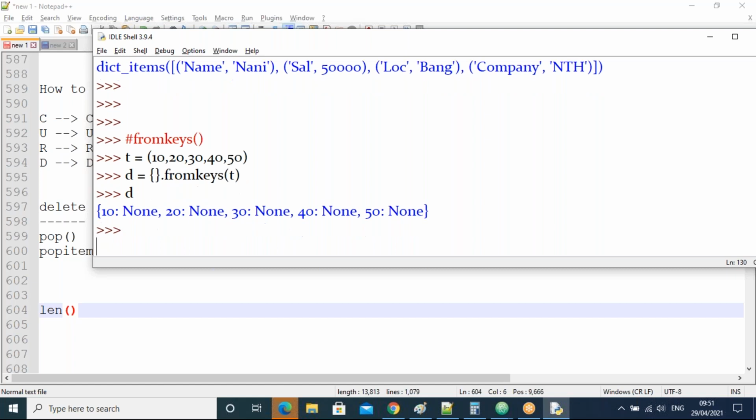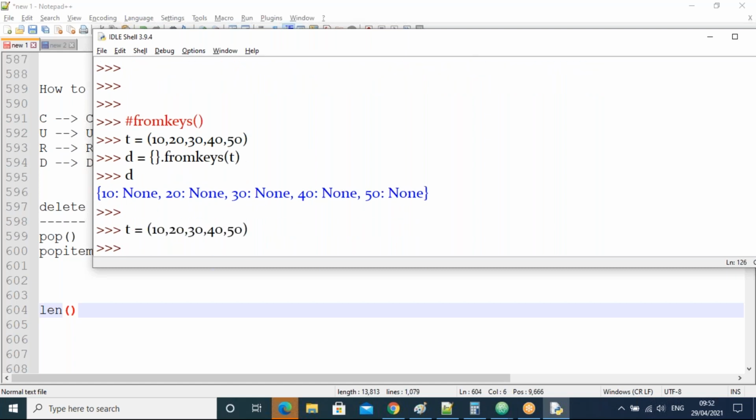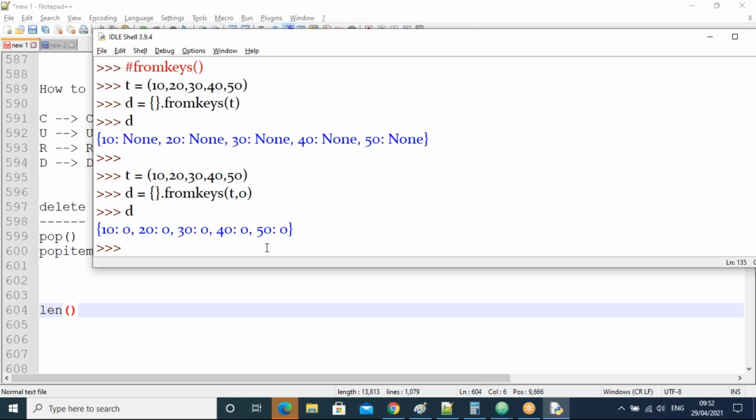I want by default 0 or by default 1, any required value. Then very simple, guys. I again take the tuple, then I'll take here the same one, comma 0, guys. I'm taking comma 0. Then 0 is the value for all the keys, guys, right? Now check it. What is the dictionary?